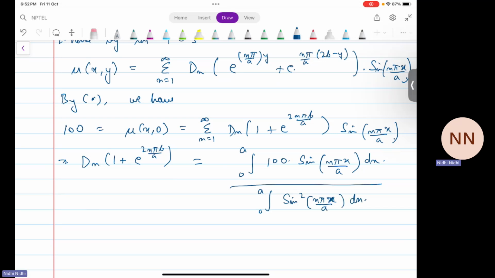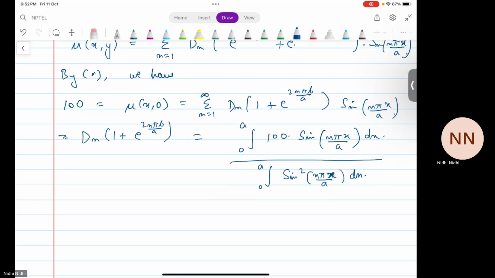So we know that this denominator will turn out to be just a by 2. I'll just multiply by a by 2 on both the sides. We have a by 2 dn (1 plus e to the power 2n pi b by a) is equal to,